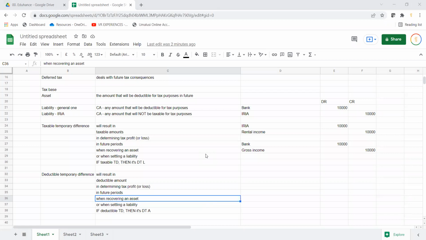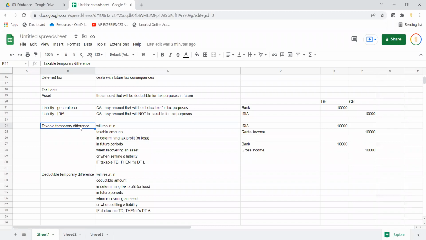You will recognize a deferred tax liability when you have a taxable temporary difference. So that is why, in order to recognize a deferred tax liability, there must be a taxable temporary difference. In order to recognize a deferred tax asset, there must be a deductible temporary difference. So therefore, we need to know what is a taxable temporary difference, and we need to know what is a